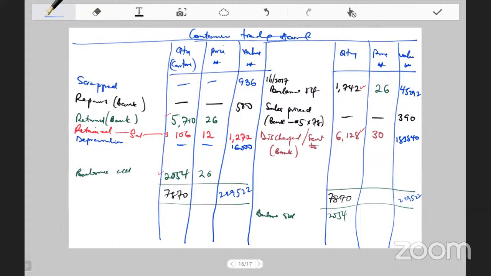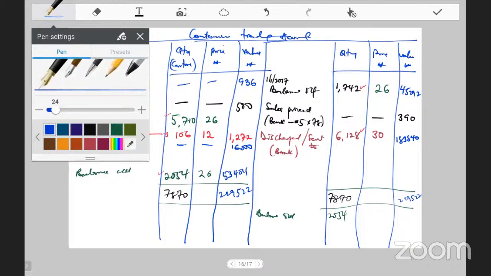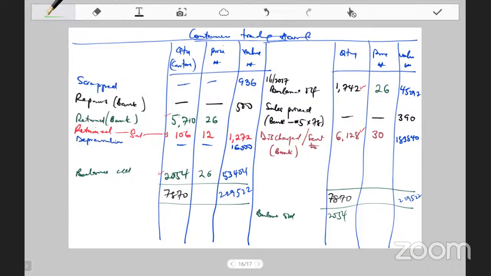So what's my profit? 2054 times 26. That's giving me 53,404. So my balancing figure will now represent my profit. And let's get the profit. So I have 229,522 minus 53,404 minus 16,000 minus